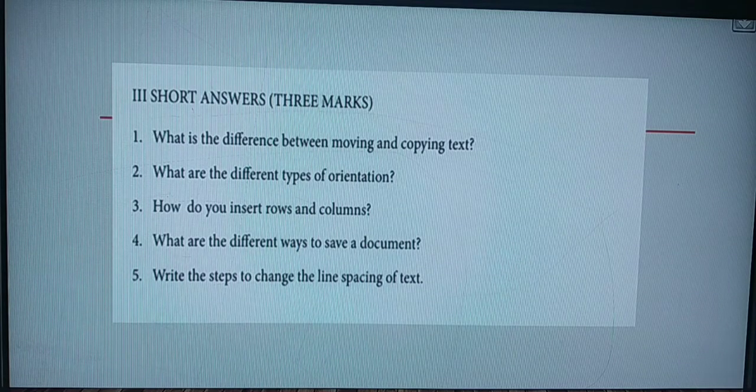You have to mark the steps. You have the steps on that page. So you have to write the introduction also. Since it's a 3-mark question, just 2 lines of introduction is enough. That is, line spacing determines the amount of vertical space between lines of text in a paragraph. That alone you first mark.